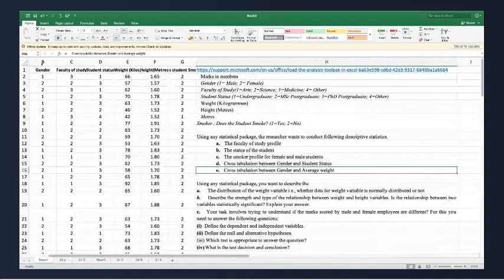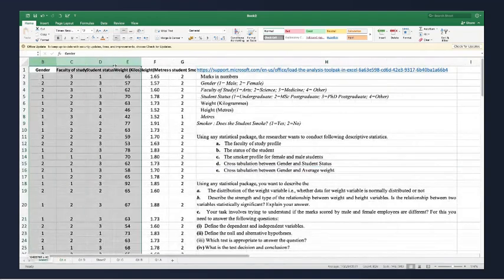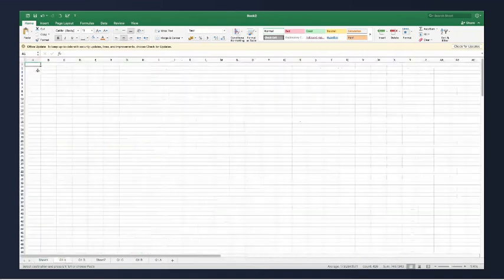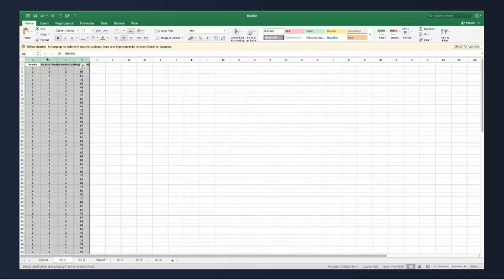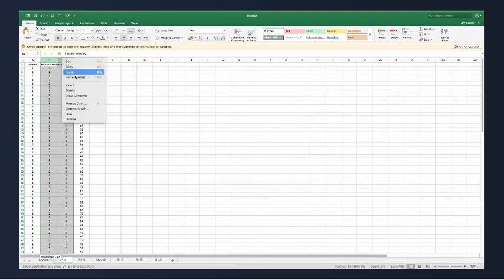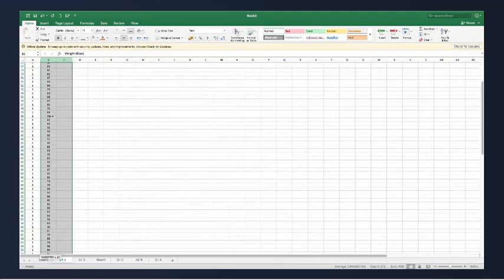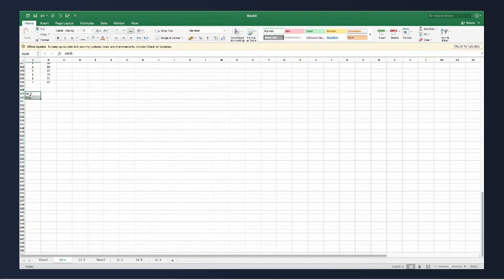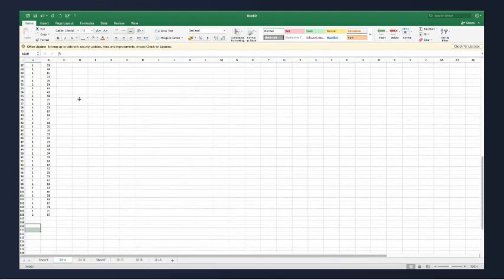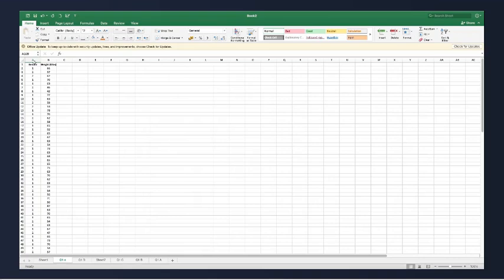Right, so I'll take the gender and weight.